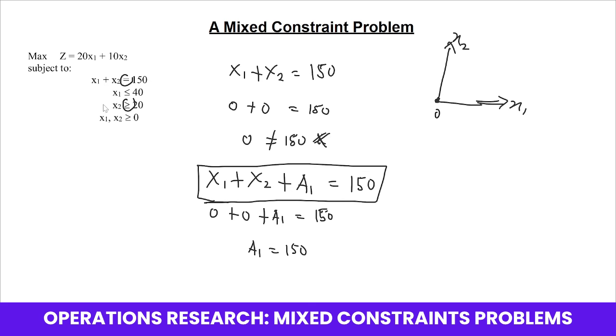So what do we do? Okay, so this is done the same way as we described in our previous video for maximization problem. So a surplus variable will be subtracted and an artificial variable will be added. That's all. So our third constraint will now become x2 minus